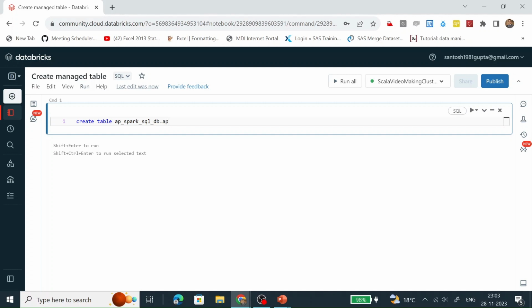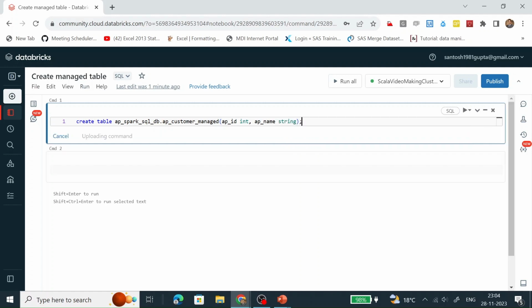In that database, I am going to create AP customer managed table by providing a schema which has two columns. One is AP ID which is of int type, and then AP name which is of string type. Let's run it.